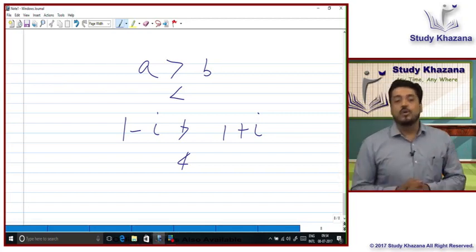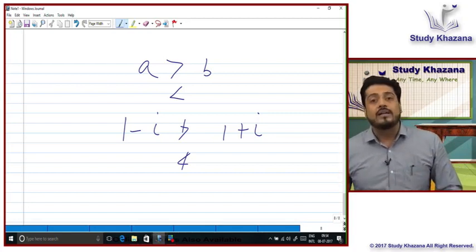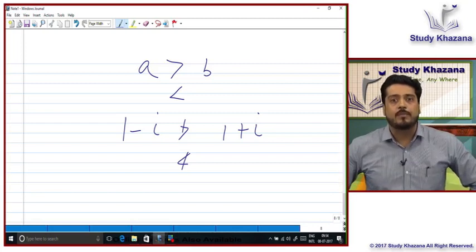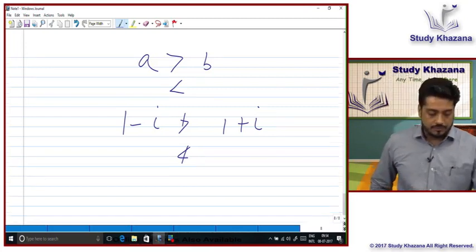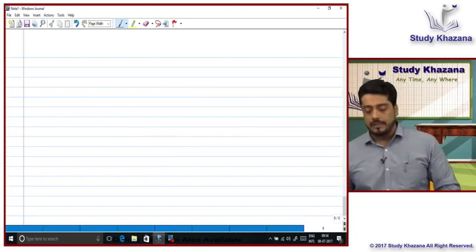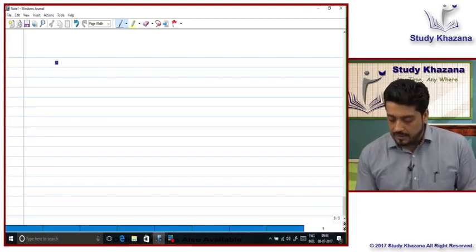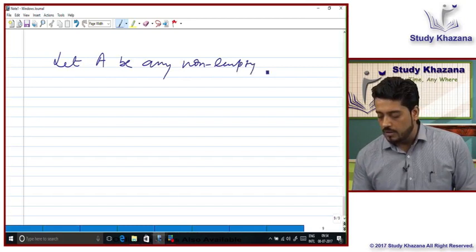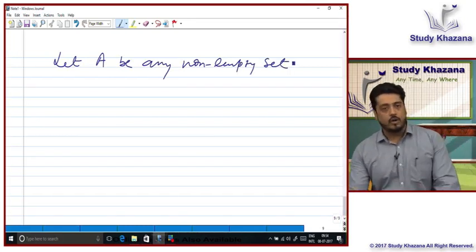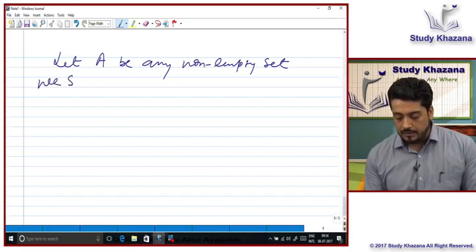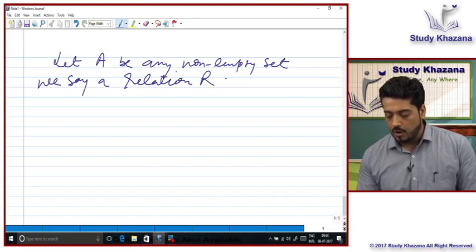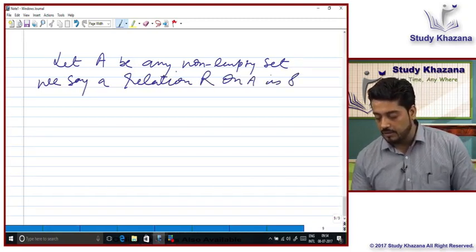Okay, fine. So now proceeding with the topic, I have defined the reflexive relation. Now I come to the next type of relation, which is called symmetric relation. Okay, fine. Now what do you mean by symmetry? Again, let A be any non-empty set. We say a relation R on A is symmetric